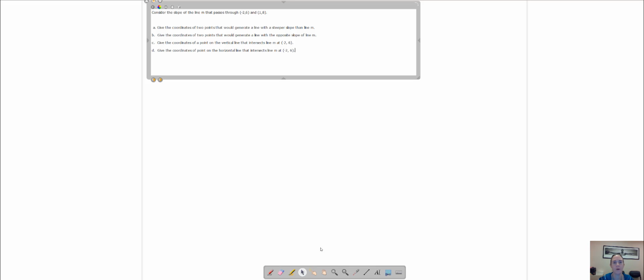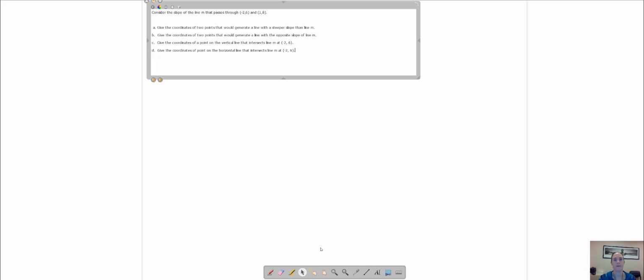Hey guys, I just wanted to do a little review with you on slope. So I've pulled one of the questions that you may see on one of your quizzes to go over a bunch of things with slope. This particular question says, consider the slope of the line M that passes through the points -2, 6 and 1, 8. The first problem says give the coordinates of 2 points that would generate a line with steeper slope